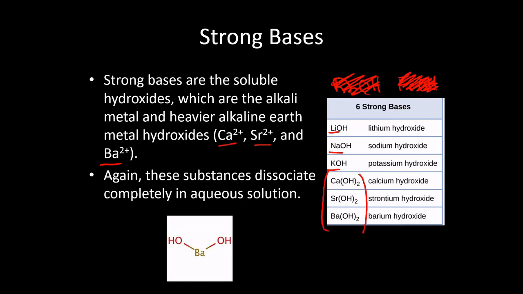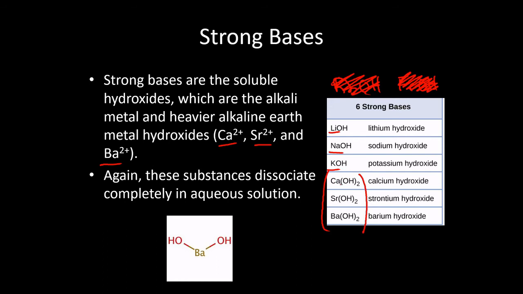So you might have noticed they have two hydroxides. This is because each of the metals, I should say, has a charge of +2. So we have calcium, which is +2, strontium is +2, and barium is +2. And so to get a neutral molecule, you need two of those hydroxide ions. Each of these hydroxides is going to be completely dissociated when the molecule goes into solution, just like the single